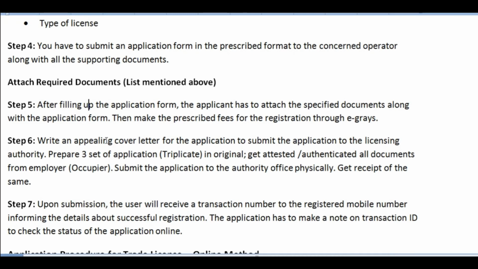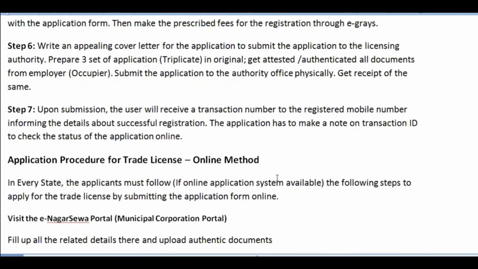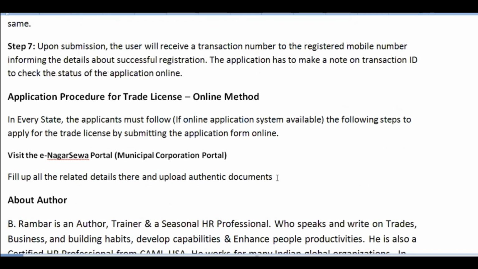Step number 7: upon submission, the user will receive a transaction number on the registered mobile number informing about successful registration. The applicant has to make a note of the transaction ID to check the status of the application online. So this was the offline method for applying for the trade license under the Shop and Commercial Establishment Act for any trade or